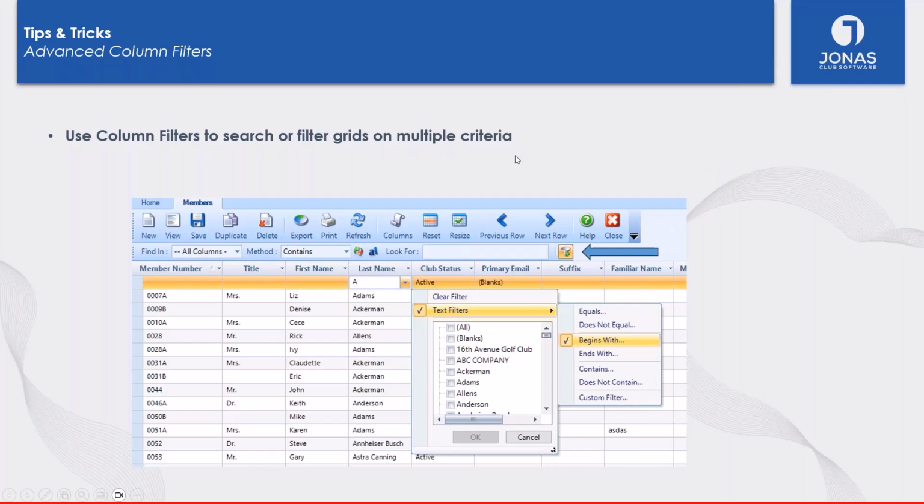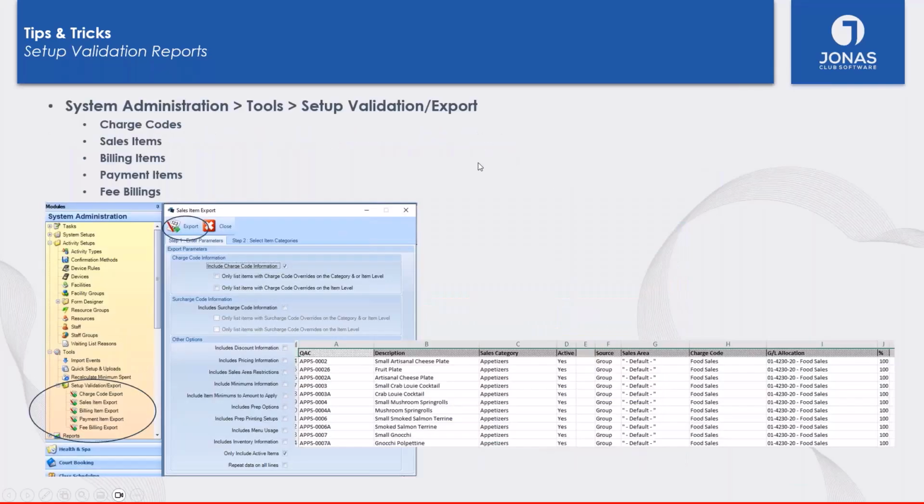Okay, so just toggling back to the PowerPoint. The next tip and trick I want to talk about here is our setup validation exports. This is a very useful tool that you can use to validate how your items in your system are set up. So let's say you've just run a posting report, like the POS end of day, for example,